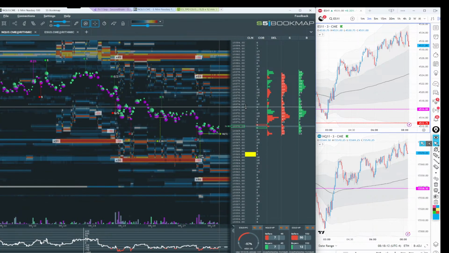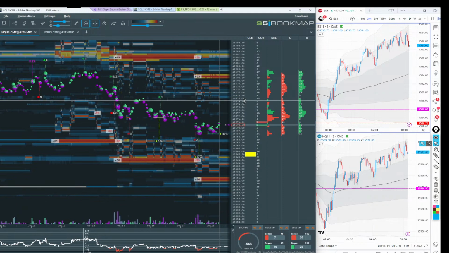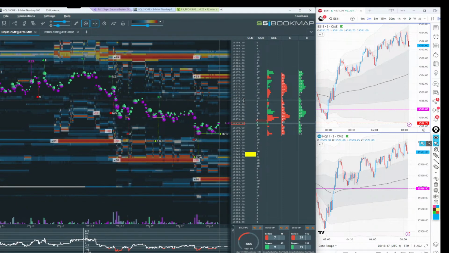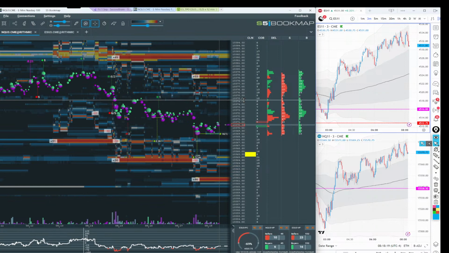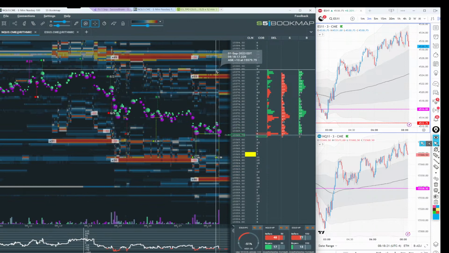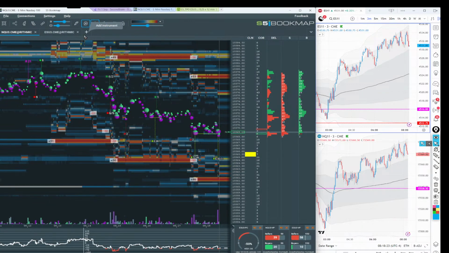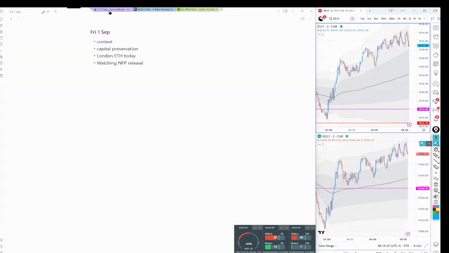Anyway, let's have a 5-minute chat about risk and capital preservation and win rate. So I might just kick this one off by talking about win rate. Okay, and I might do a little bit of a drawing here as well. So if I just do some typing first here. So when I